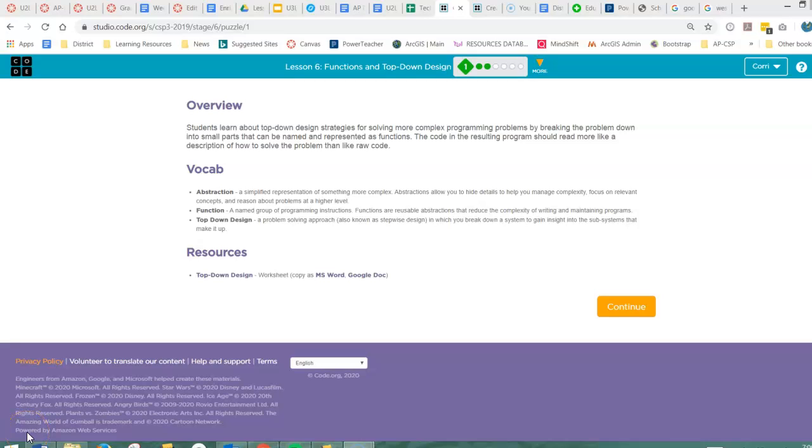Great. Okay. Tips and tricks for Unit 3, Lesson 6, Functions and Top-Down Design. Now, this one is actually a really important one, and I'll show you why, because there's a piece of the rubric for the AP Create Performance task that we're going to be dealing with here, and that's why I want to make sure that you are very thoughtful with what you are working on when it comes to top-down